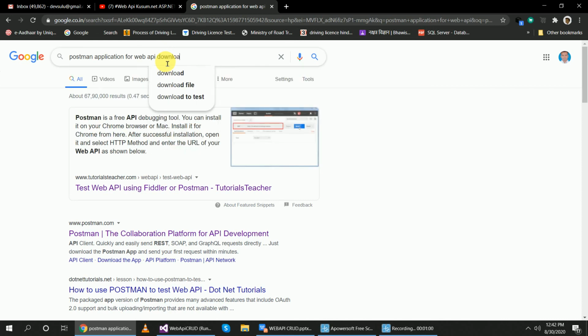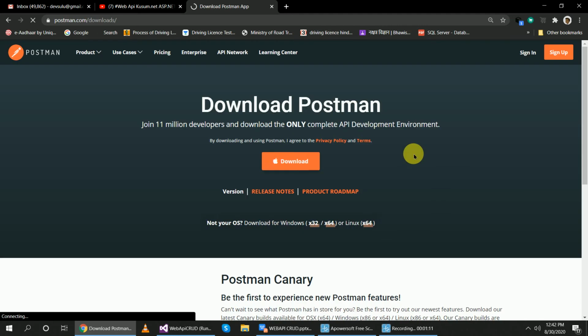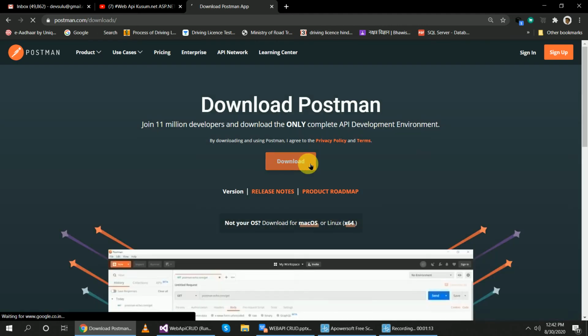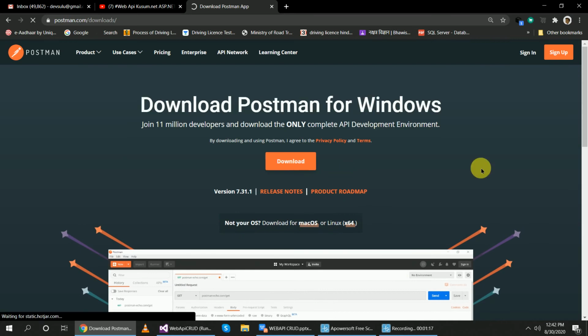Download. Okay, so you can see here the website of Postman application. To download the Postman application, visit the website, download it from here. When you click on download, it will install on your computer or laptop, right?